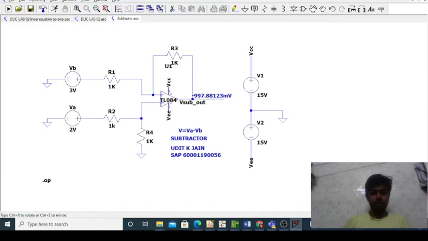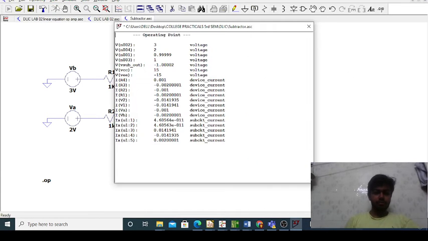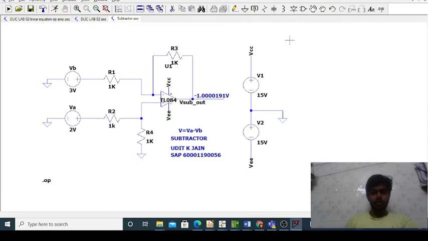So we have chosen this and we will run it. Here we have got various operating point values and minus 1.000019.